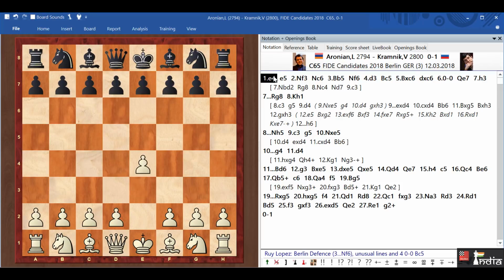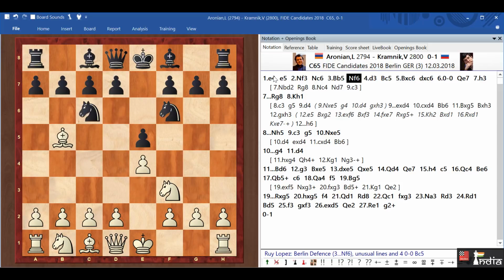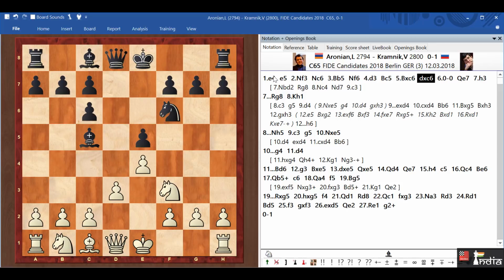The game began with e4 by Aronian, e5, knight f3, knight c6, bishop b5. We had the Berlin here, and then the anti-Berlin, bishop c5, bishop takes c6, d takes c6, and castles, queen e7. It's not the most popular line as such, but it has been played before, and now came the move h3, and we come to this important point in the game where Kramnik sort of stunned the world with the